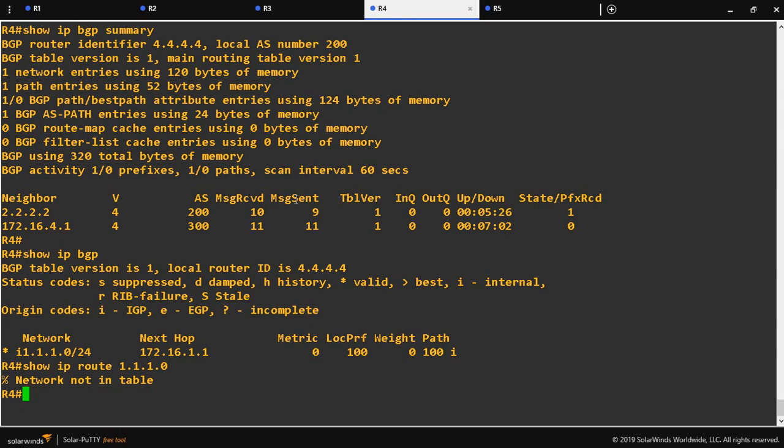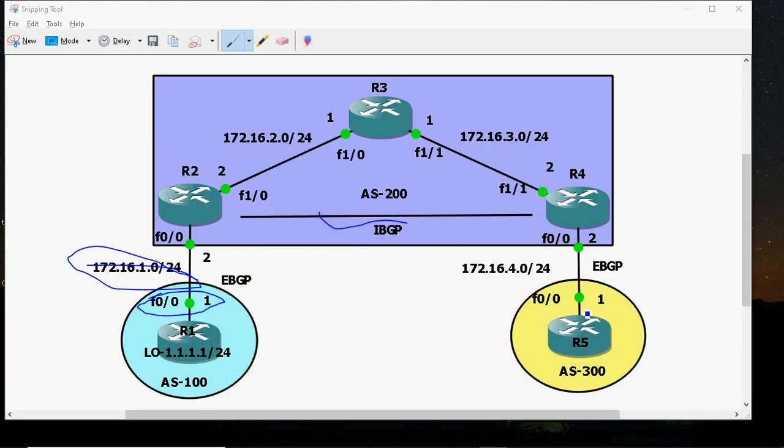Because from the R4 router, it can advertise routes to R2. For example, in the R5 router, if I create any loopback IP, I will advertise it to R4. The R4 will advertise it to R2. So in the R2 routing table, it will show the next hop IP as the R5 physical interface IP. That's why in R4 also we have to configure next-hop-self. That means when the R4 router advertises any routes to the R2 router, in the R2 router the next hop IP should be R4.